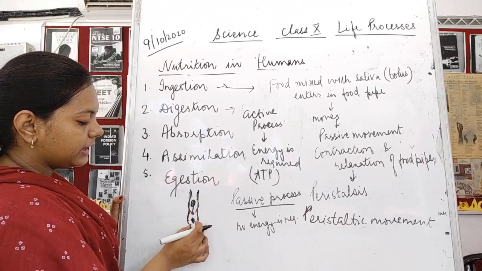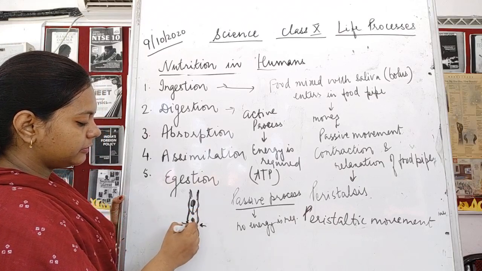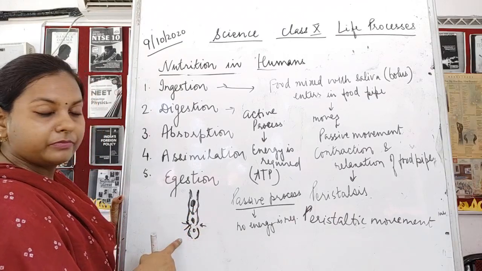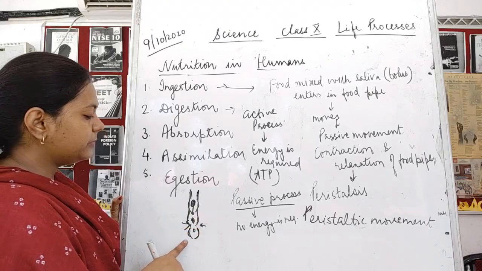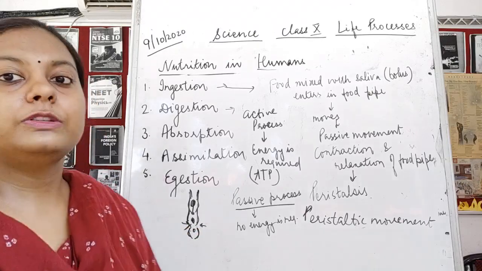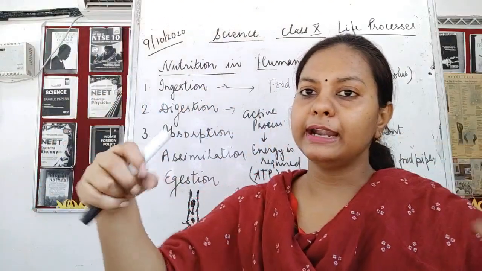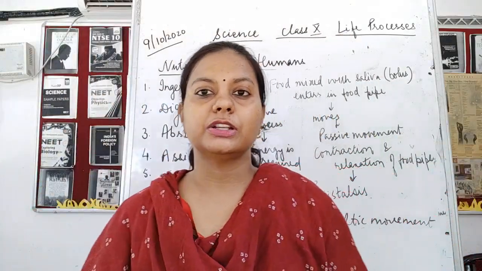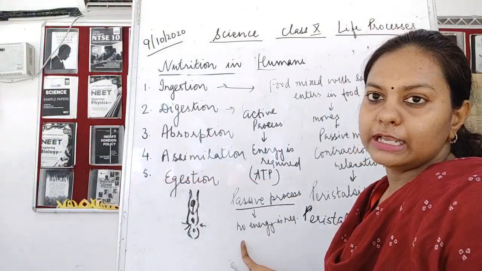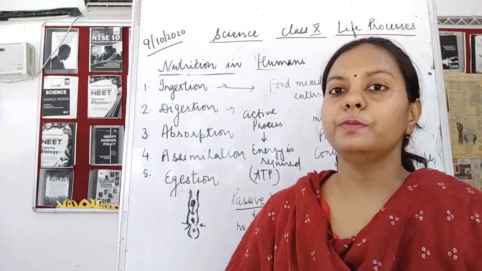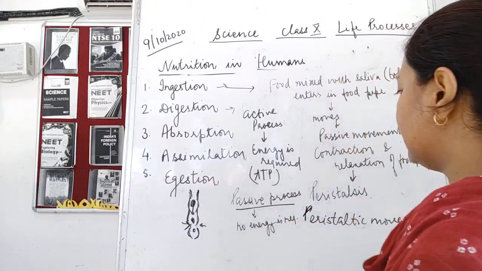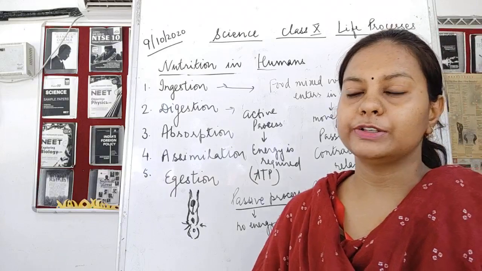The muscles above will contract and apply force from here, and then the lower part will be swollen up. Because of the movement of the muscles of the food pipe, continuous expansion and contraction is taking place, but here no energy is being utilized for such a process. So this is known as passive movement. This peristaltic movement is a passive movement, children, please remember.